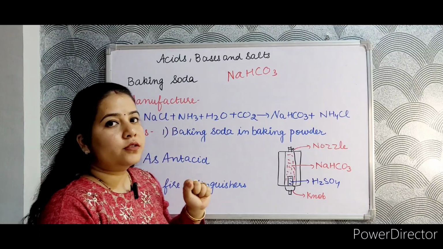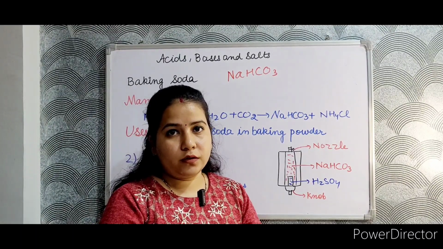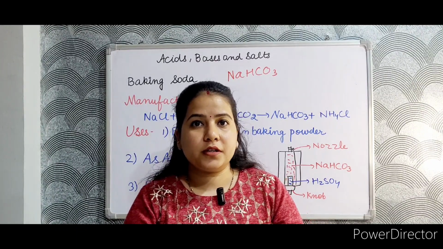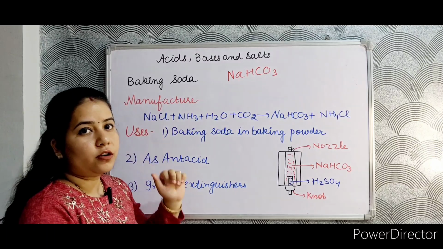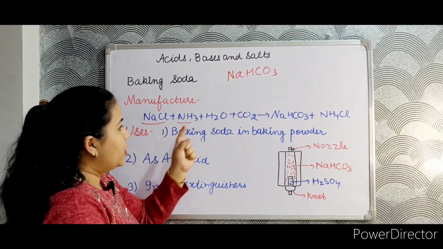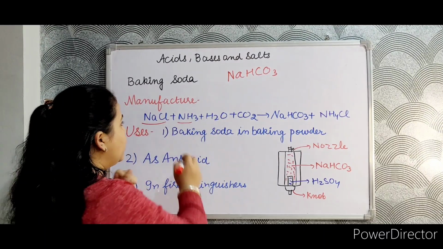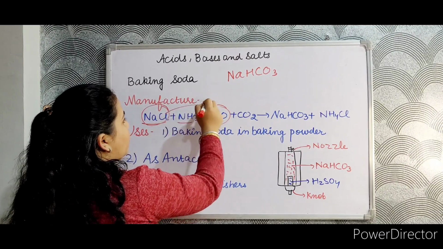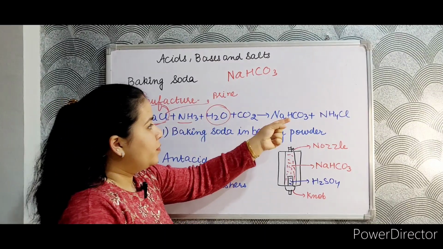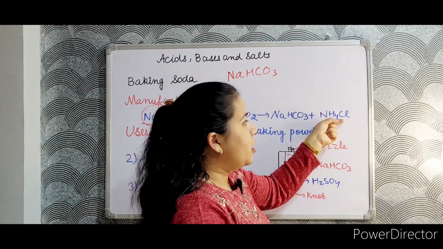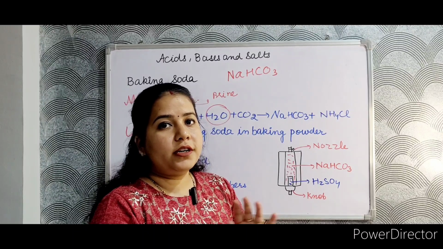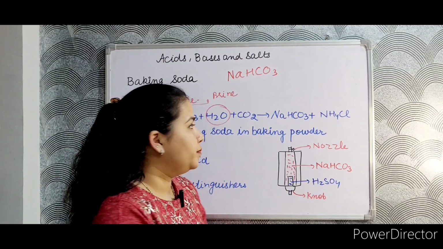The manufacture process of baking soda is related to washing soda, which is the Solvay ammonia process. The first step in the Solvay process, useful in preparation of baking soda, is NaCl reacting with ammonia, water and carbon dioxide. NaCl and water form a brine solution. These chemicals react with each other and form NaHCO3 and ammonium chloride. NaHCO3 is slightly soluble in water, so it is separated by filtration.